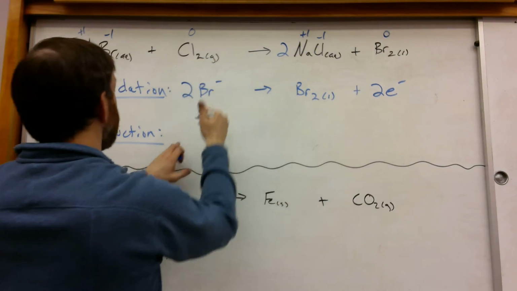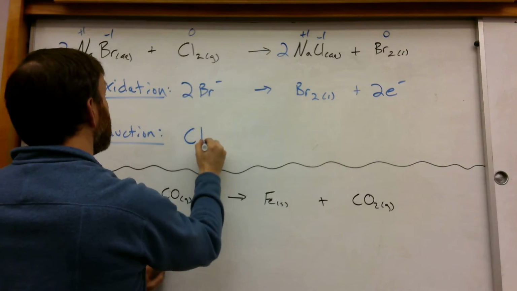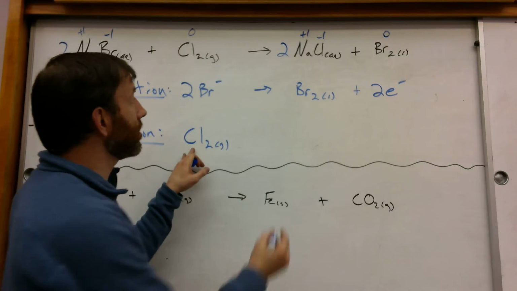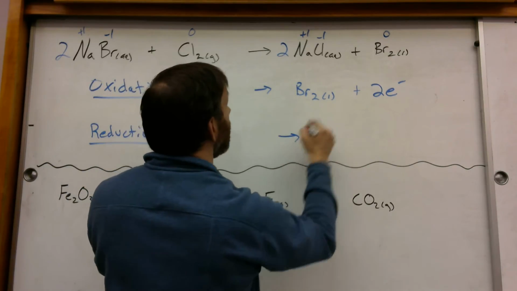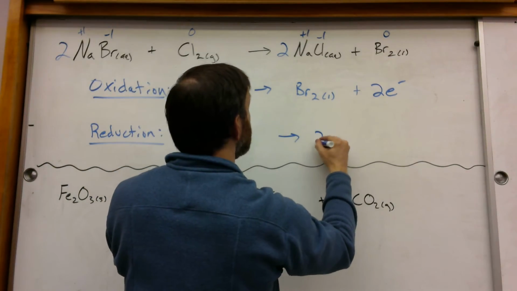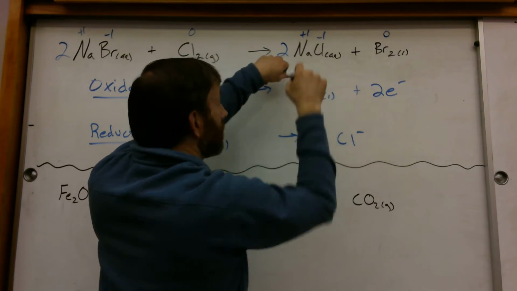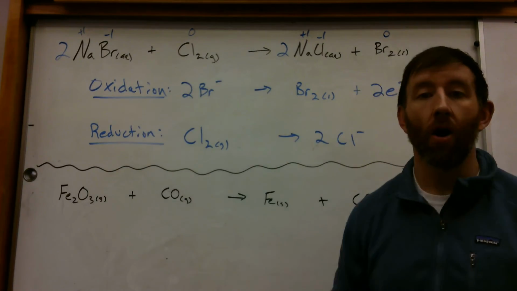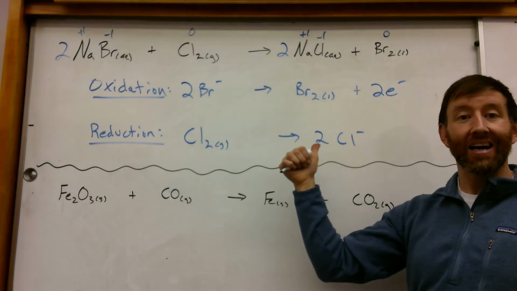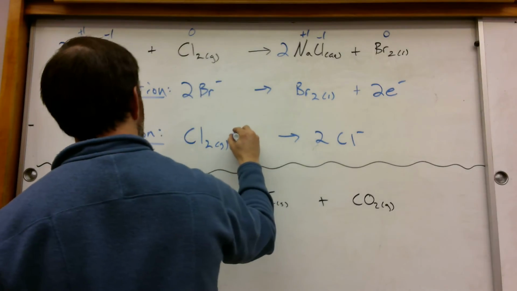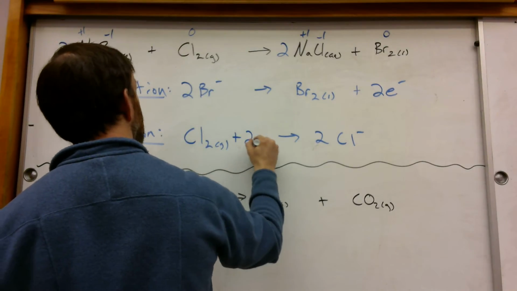So on this side of the equation, I have Cl2 gas, which has an oxidation number of 0. On my right side of my arrow, it is 2Cl minus, because that 2 goes for both the sodium and the chlorine. All right? Now, if it's an ion on this side, it had to gain electrons during that reaction. So 2e minus,